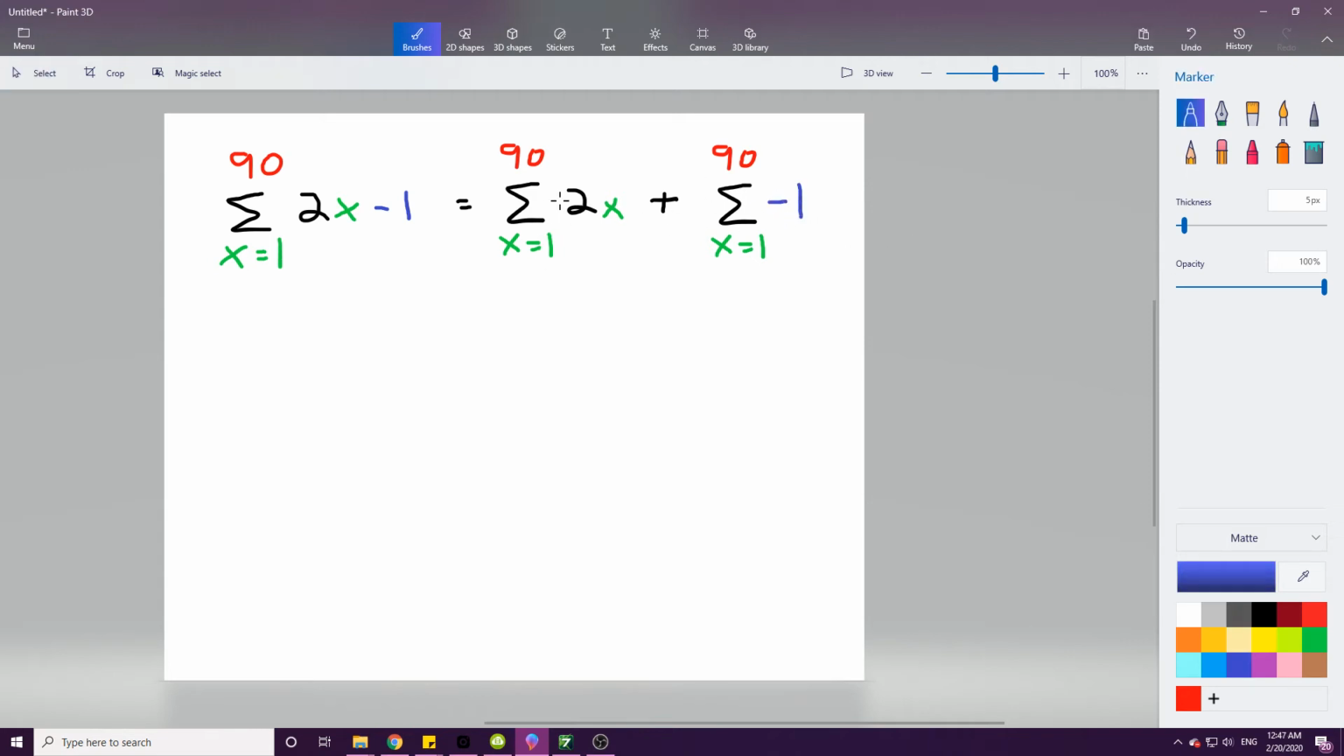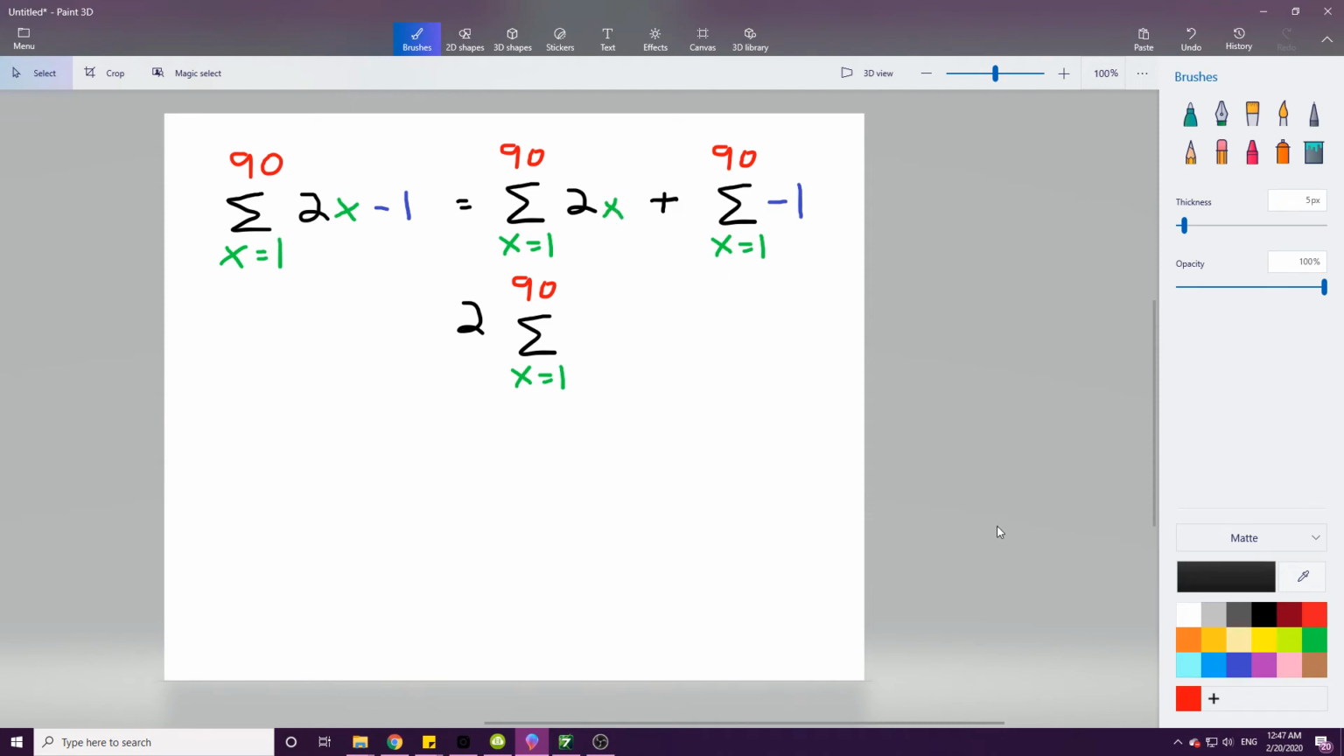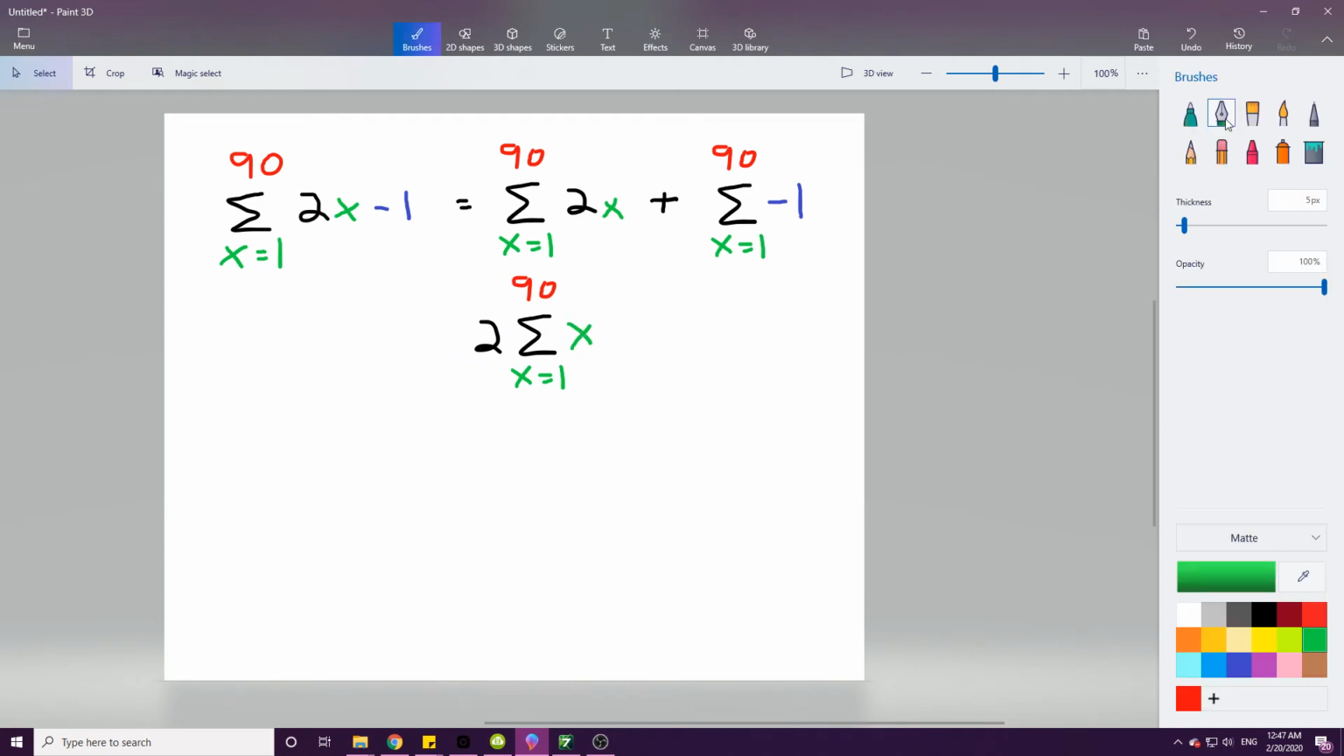And why would I do this? Because there are rules with these 2 pieces right here. This 2, I can move to the outside. I'm just multiplying, so I'm multiplying the 2 onto the outside. So this is the same as 2, and what's left on the inside is just the x. There it is. And then we're adding plus